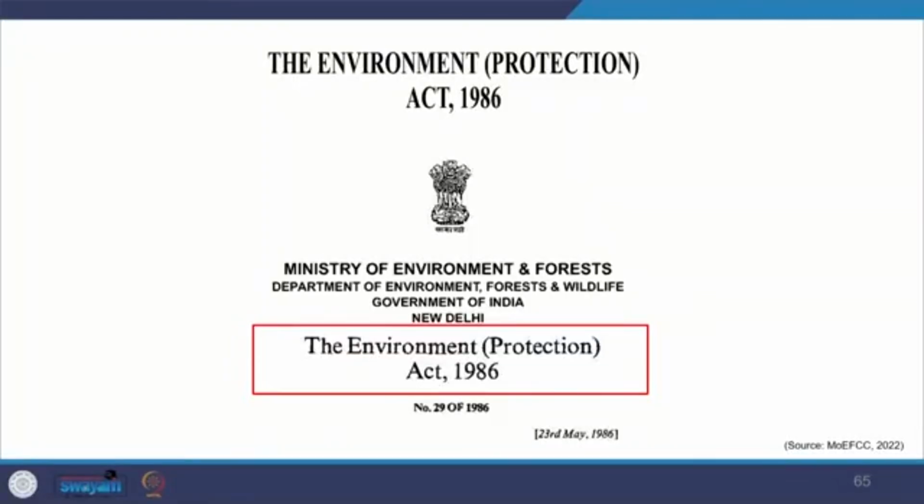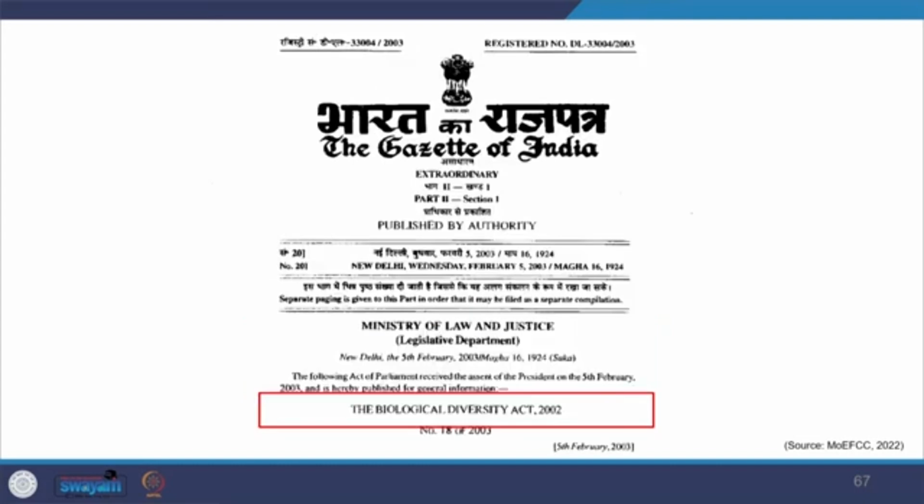Now, moving on, we look at the Environmental Protection Act 1986 in the context of marine protected areas. So, EPA, the Environmental Protection Act 1986, is an umbrella legislation for protection of the environment, and within that we identify these MPAs, and these provisions are made. So, within that everything is worked, and they are the ones who make the laws.